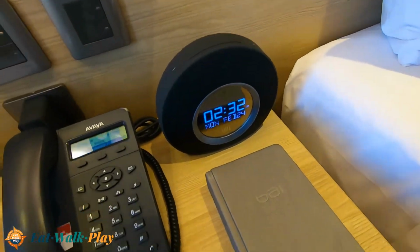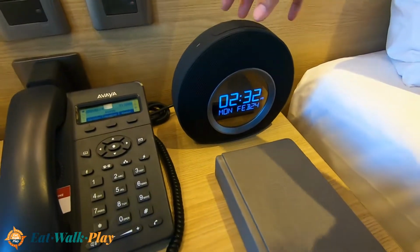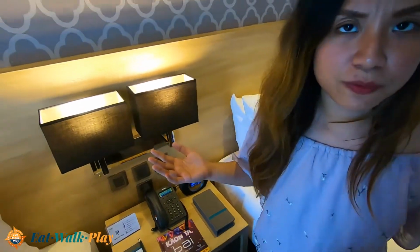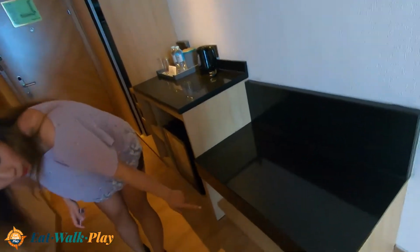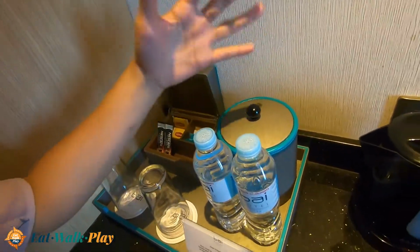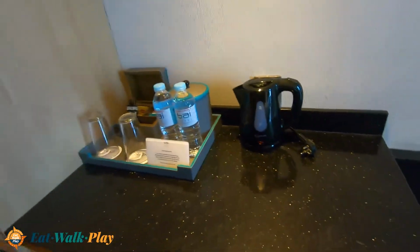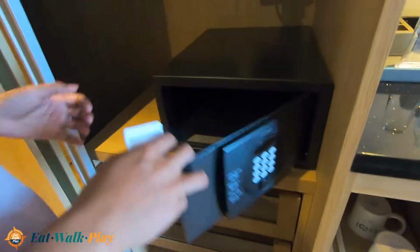Oh, by the way, this is really cool. So this is a JBL Bluetooth speaker and alarm clock. I've never seen that in a hotel before. Come on, fancy, right? And typical, you have your weighing scale, hotel slippers, mini fridge, a couple of bottles of water, glass. So these are all pretty standard, but ice bucket. At first I thought it was a cookie jar, but now it's not. And then you have your vault for your valuables, an iron, laundry bag,